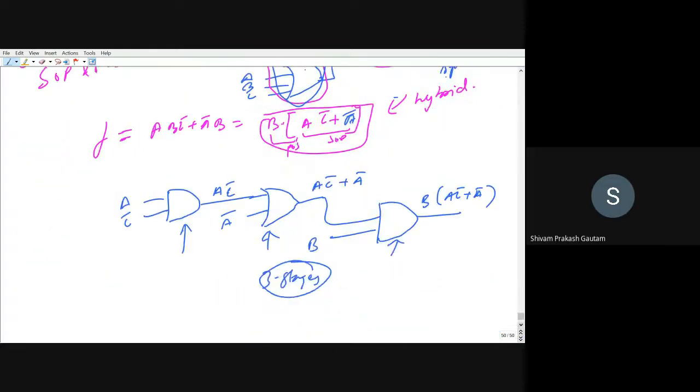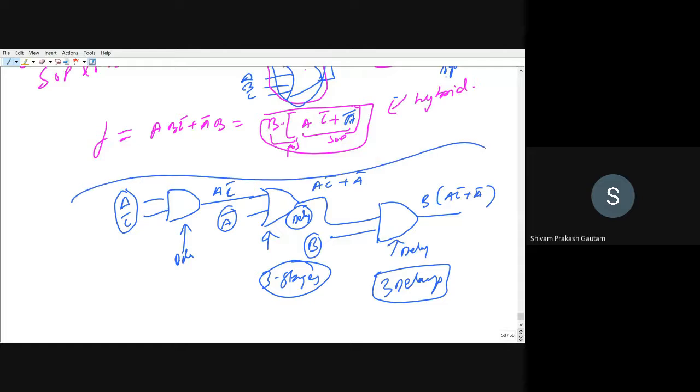Whereas if you apply an input here, it will have some delay here, first stage. Then you apply an input here, then it will again have delay here, second stage. Then you apply input here, then you will have delay here as well. So a total of 3 delays will be there. For 3 input gates, 3 delays will be there because 3 stages are there. Now, if you have to perform only one operation, then there will not be any problem in this kind of logic using 3 stages.